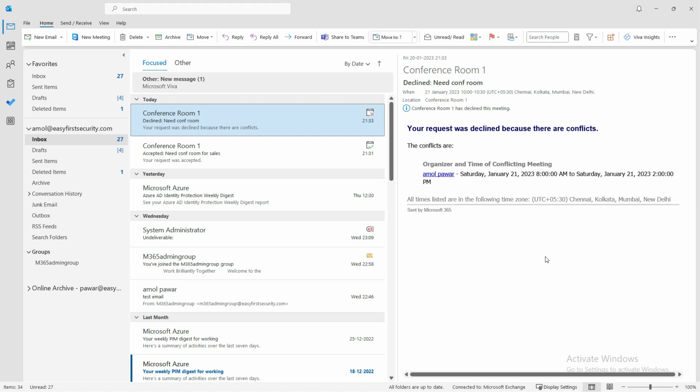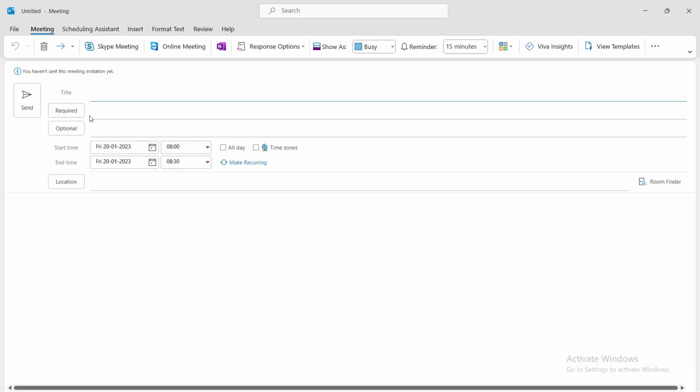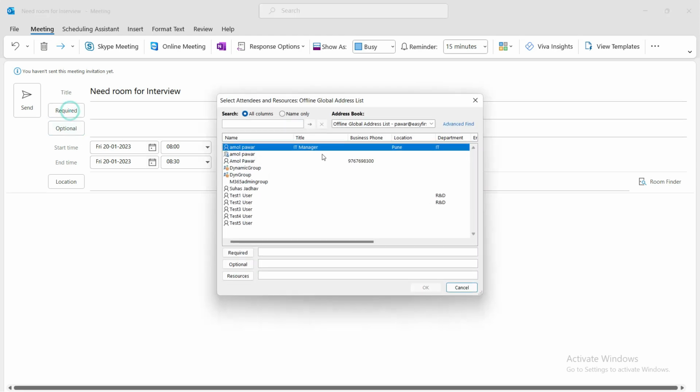The one question we always get is how we can see if the room or equipment mailbox is available. So how can you check if the room or any equipment mailbox is occupied or already reserved? In that case you need to go to the calendar again and create a new meeting. Okay, now I need a room for interview, and I just set this requirement,